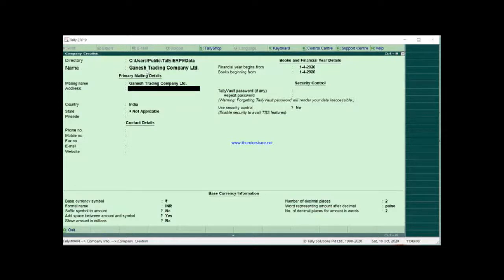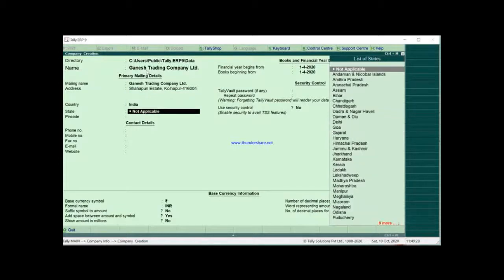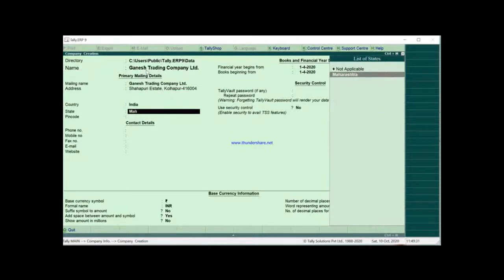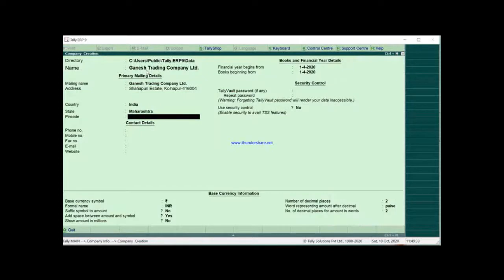Then the address of the company is given, that is Shahapuri Estate, Kolhapur. The code is 416004. Press enter. Then select the country India, state as Maharashtra, pin code 416004.